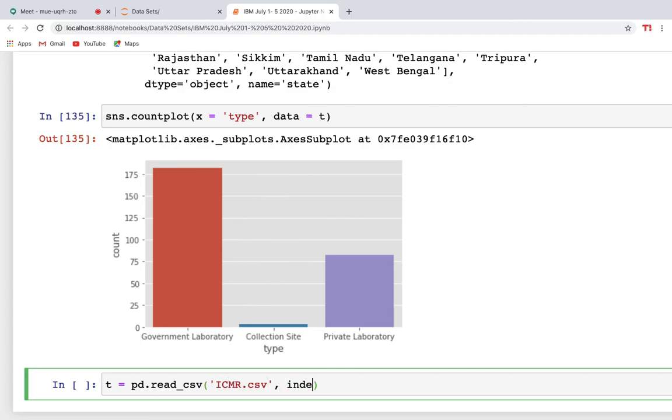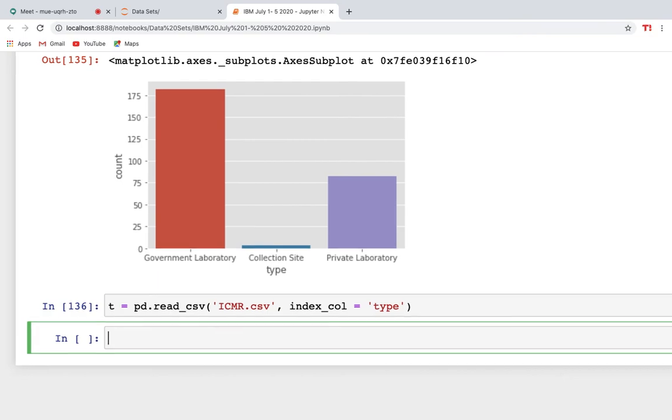and writing the index column as type. Now let's run it. That's it. Now getting it for the private laboratory. If I check it for Delhi, let's suppose I'm writing it for Delhi, we'll be checking t in the state column for the private laboratory, and it's P capital,